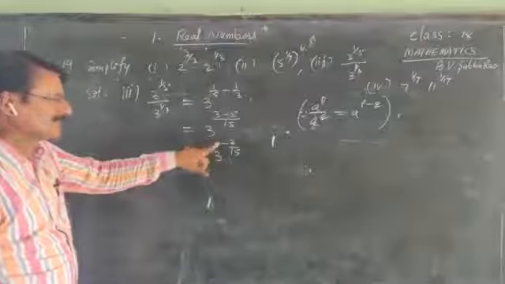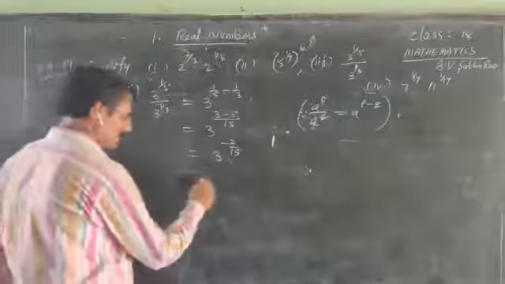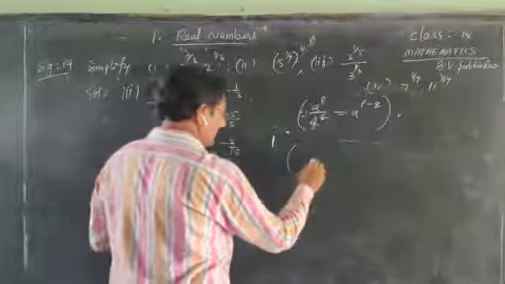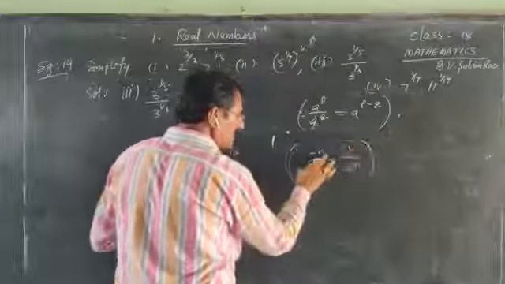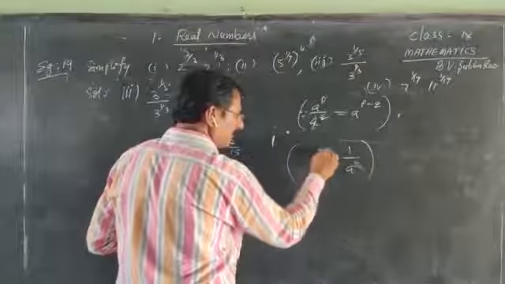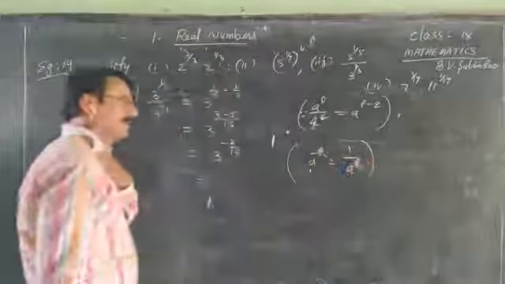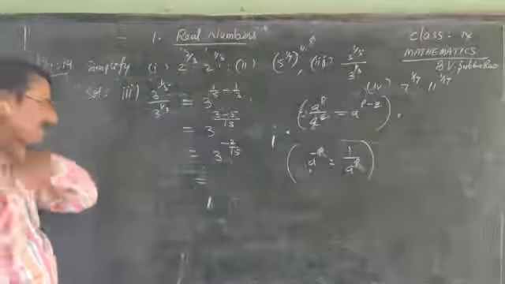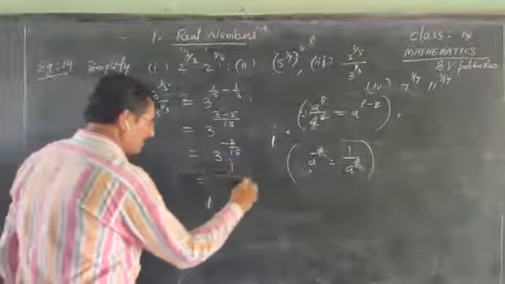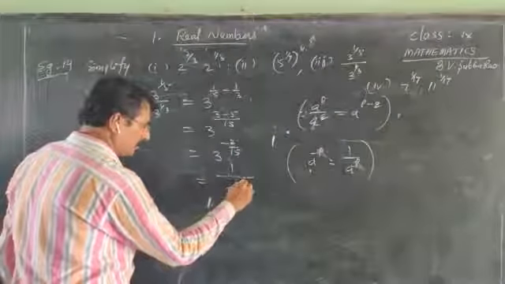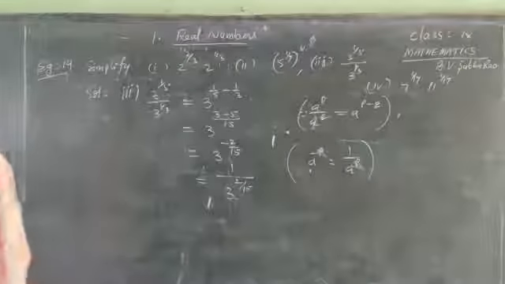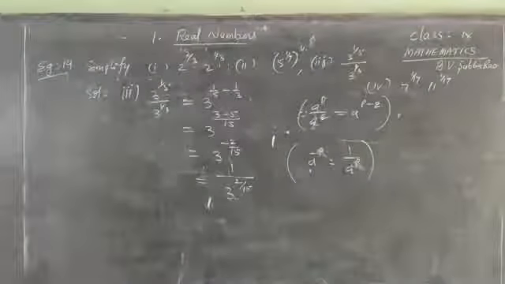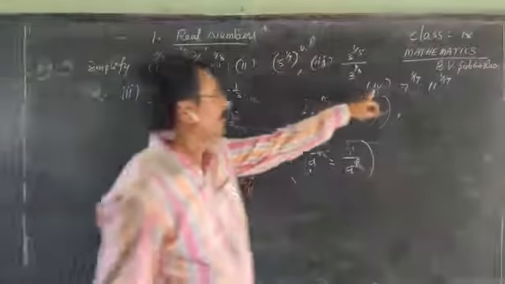How is the exponent a negative rational number? We know one of the laws, a to the power of minus n equal to 1 by a to the power of n. It is also one of the exponent laws, we can apply it because it is a rational number. As per that law, we can write 1 by 3 to the power of 2 by 15. You understand this one? Now, see the last sum, fourth one in this example.